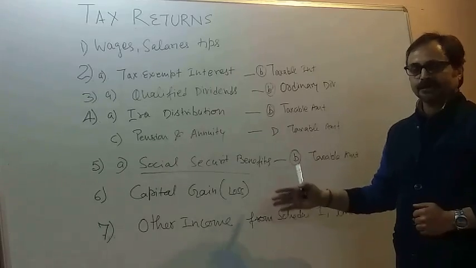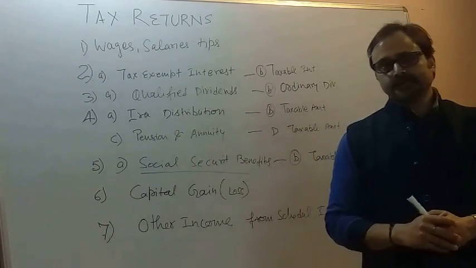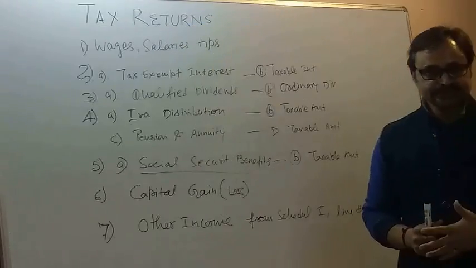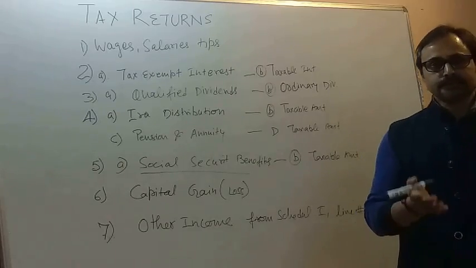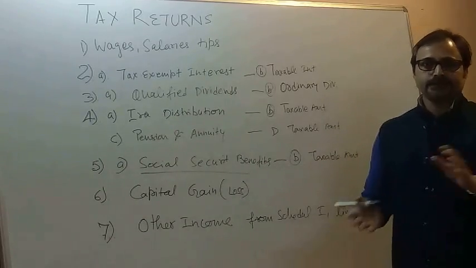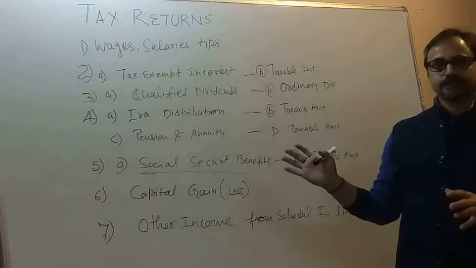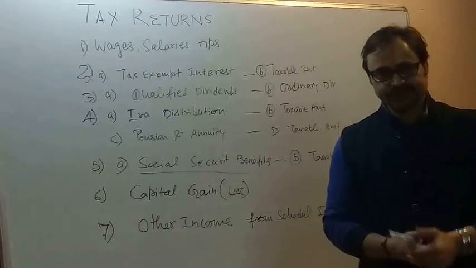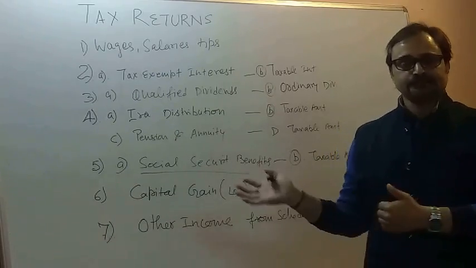Straight away we will be starting with our 2019 tax returns. We are not going to see what changes have been done in the tax returns, because that is already covered. There were 76 lines containing all the income and tax information, right? But now the line numbers have been reduced to almost 24. So in those 24 lines, all the information has been clubbed and disclosed, and whatever information is remaining has been shifted to